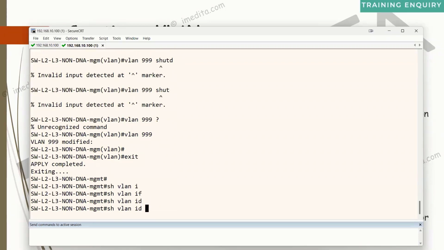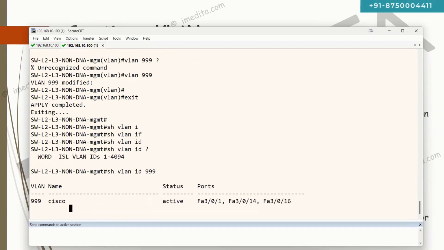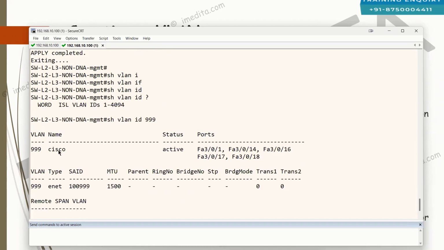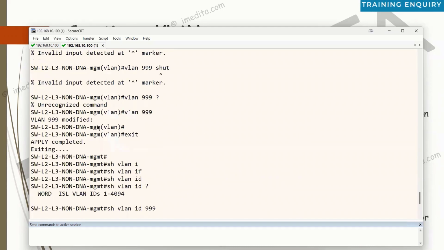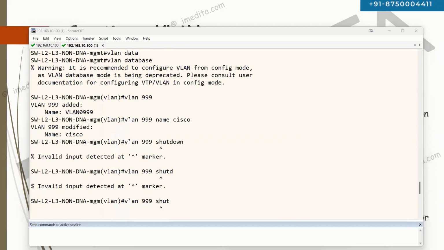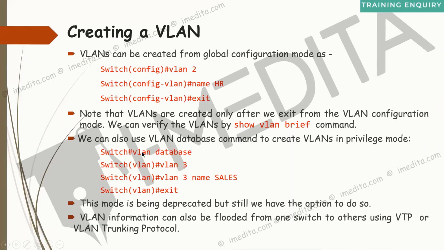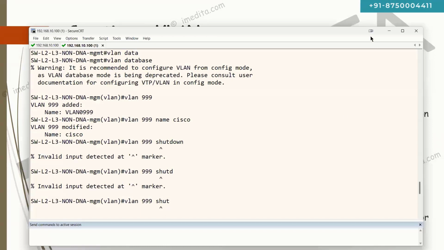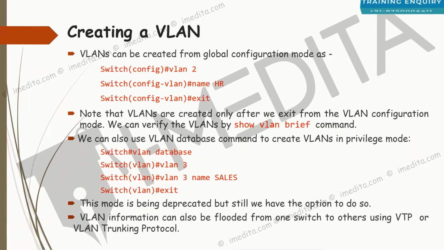We can also create the VLAN like that. The command is VLAN database. We can also configure the VLAN from this command. So VLAN database, VLAN 3 name, we can also configure like that. This mode is being deprecated, but still we have the option to do so. So there are two ways to configure the VLAN, but in modern day switch platforms, you will not see those two ways. You will see only one way to configure the VLAN nowadays, and that is just